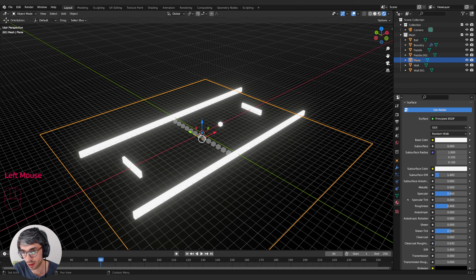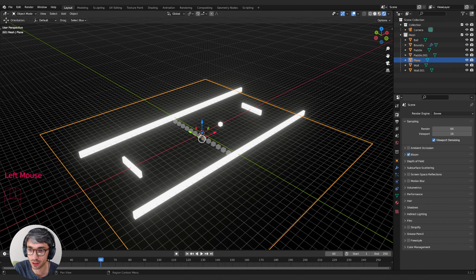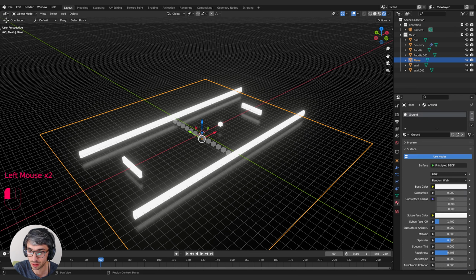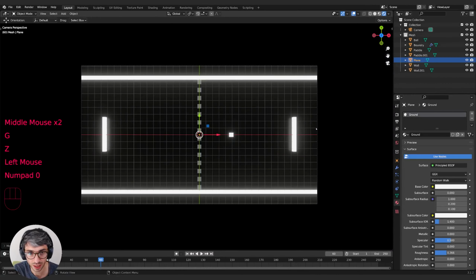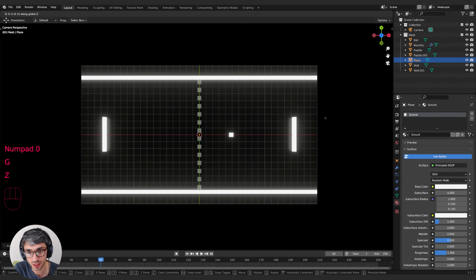Actually, before I do that, I'm going to show it to you so you can see the effect happening in the viewport. I'm going to come up here to my Render tab, and we're going to turn on one more thing. Right here, Screen Space Reflections. Turn that on. And now I go back to the Material tab, and we take the Roughness. And as I drag this down, it's going to turn more and more into a mirror-like surface. I'm going to just find a nice value, maybe have it blurred a little bit, something like this. And I'll jump back into my camera, and you can see we get this really cool